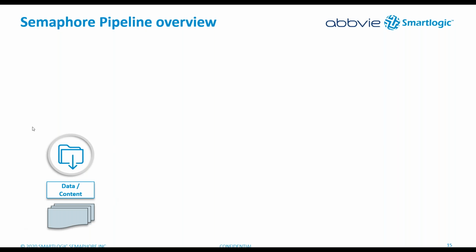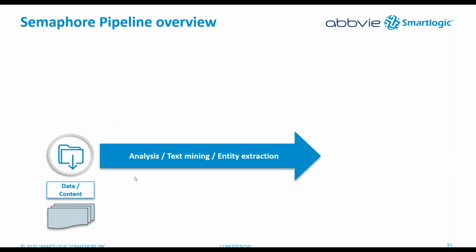One is what your content itself goes through. You're ingesting records from your content management system or from some external source, and you're tagging them. The first thing Semaphore does in its pipeline is take that content and push it through